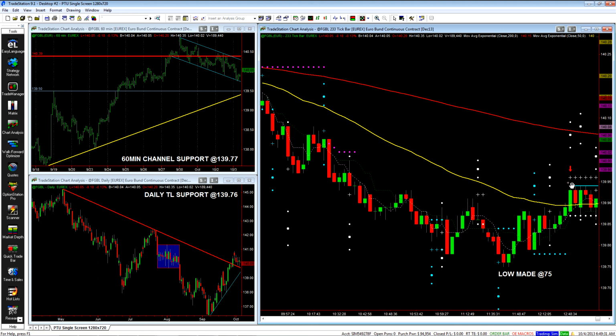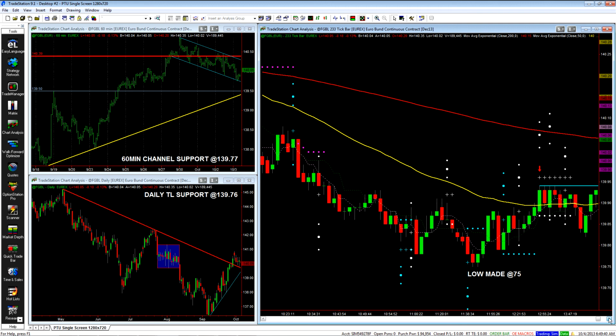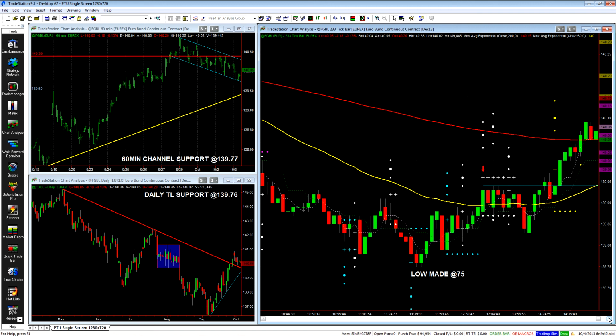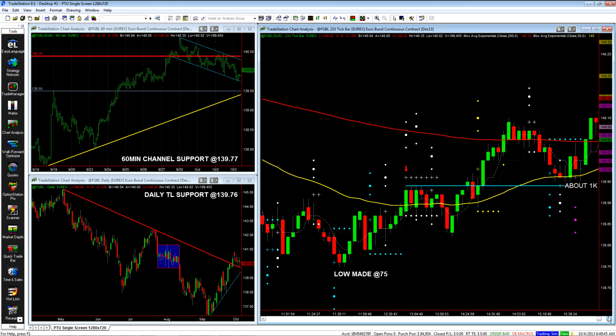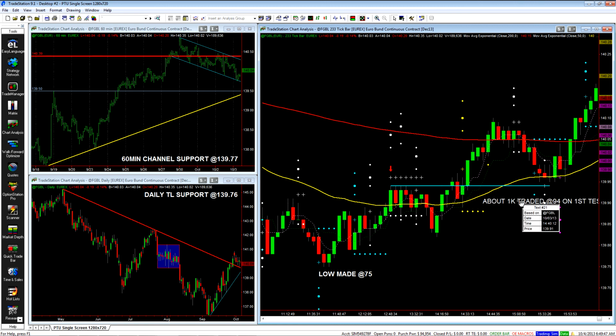However, I know at the time when it hit this 94 that it did actually trade, and I think I've made a note of this. So it did actually trade about 1,000 contracts before it came back. That should have been enough to actually get you out. However, if it wasn't, you really should have been hitting out, and you still get your profit. Either way, it's certainly not a loser,